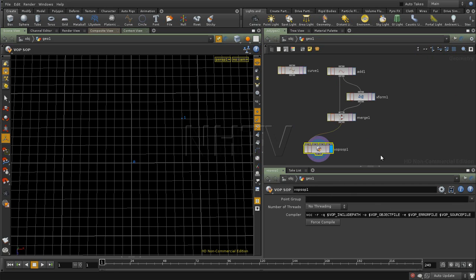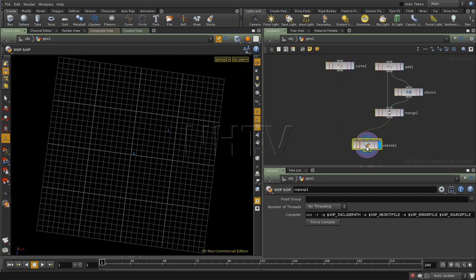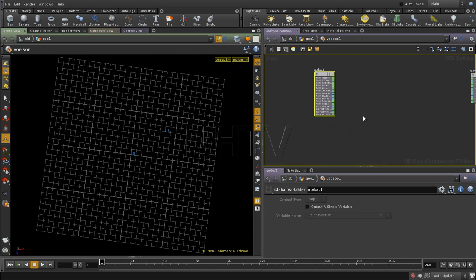Now, one thing, just to make sure that we can see what's going on, I'm going to switch this off because I had that generated before. So if you want to have always a visible result of what you're doing inside of VexVectors, make sure that you pin down this viewport. Then it's going to be locked on this node, this position. It's also going to evaluate always on this level. Another thing that you will need is to make sure that you make the normals visible so that we can see what's going on. So if we go inside by pressing I,